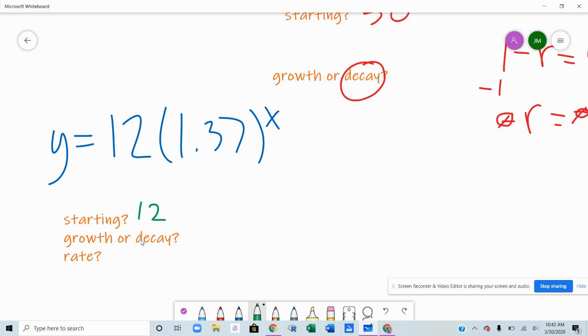Is it growth or is it decay? So you look at this number to tell, is it growth or is it decay? You should say it is growth because 1.37 is bigger than 1. And our rate,